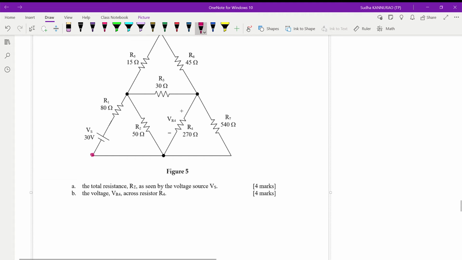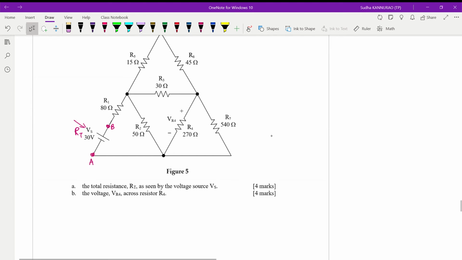So it means that from here to here you have to open up the Vs and look from here and calculate our total. So to do this, what we do is we label the parts first. From here to here, let me say, I label it as AB.